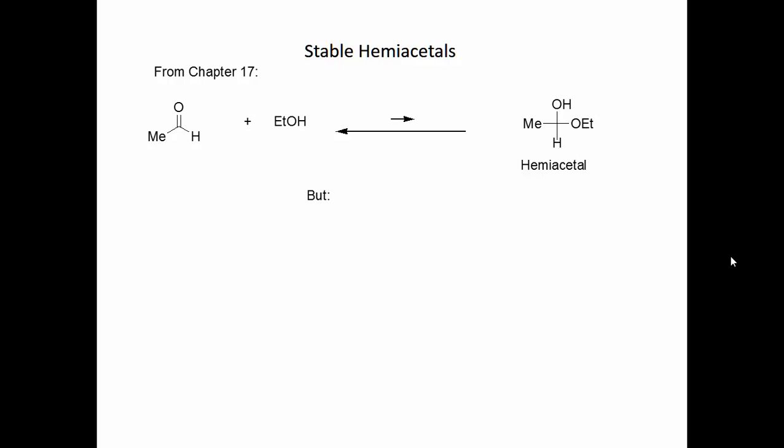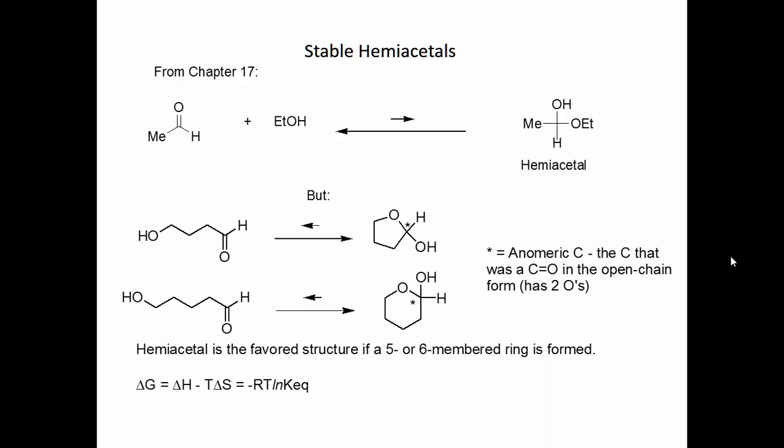But there's an exception to that, and that's when your acetal or hemiacetal formation is intramolecular and making either a 5 or a 6-membered ring. If this is the case, then the hemiacetal form becomes the major species at equilibrium. So we're going to take this alcohol right here that has an OH group on the 4th carbon down the chain, and it makes a 5-membered ring hemiacetal. And this one, which has a 1 carbon longer chain, makes a 6-membered ring hemiacetal,